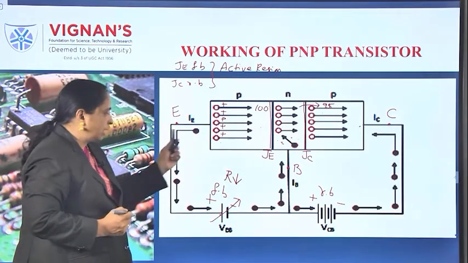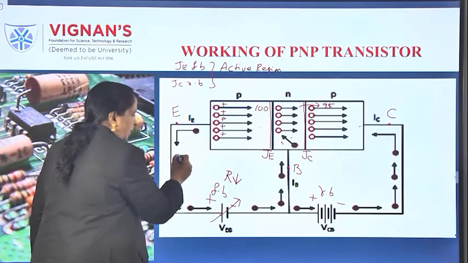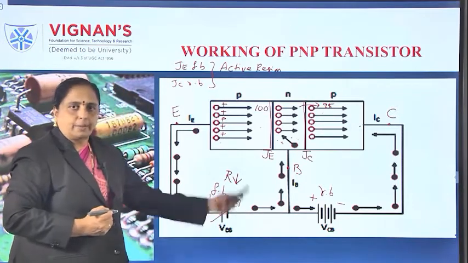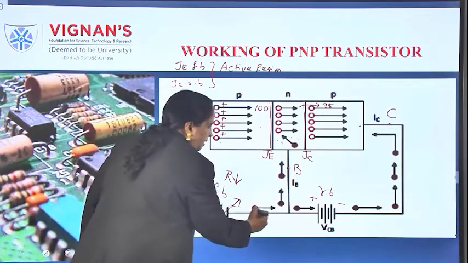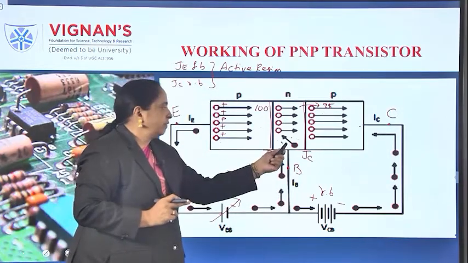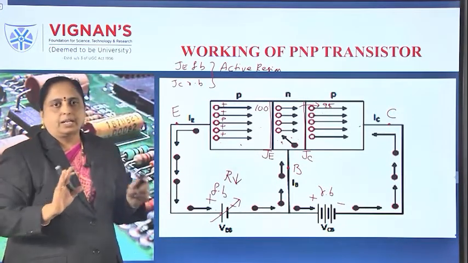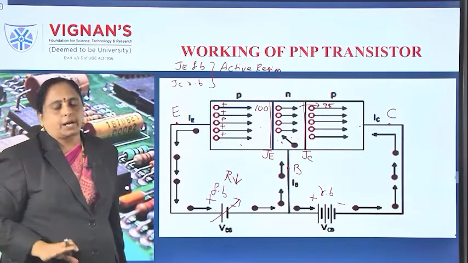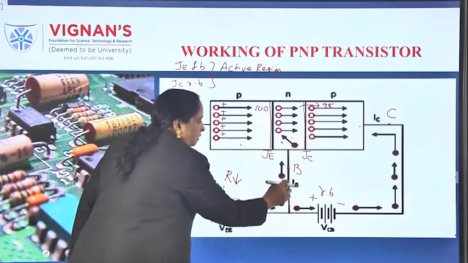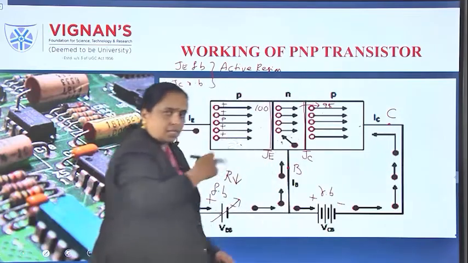Why are the electrons coming out? Because there is a positive terminal of the battery. Therefore, the electrons are attracted by the battery. That's why electrons are continuously supplied here, because I told you some of the electrons will come this side, but an empty space will not be created like that. Always they will maintain equilibrium. So the moment electrons come this side, automatically electrons will be supplied here, and some of the electrons will pass like this, because there is a closed circuit.